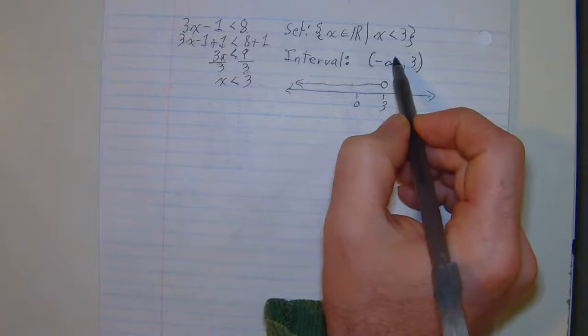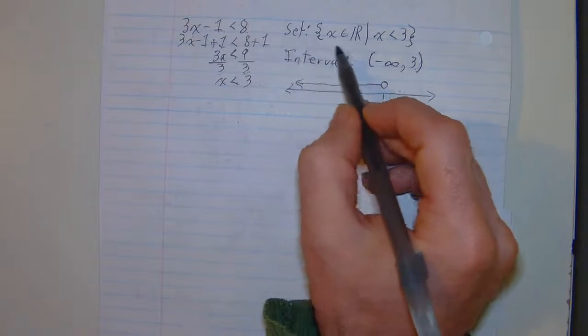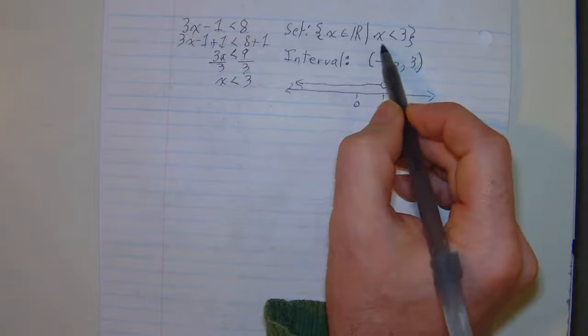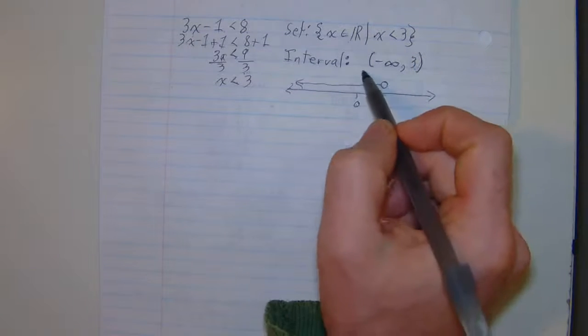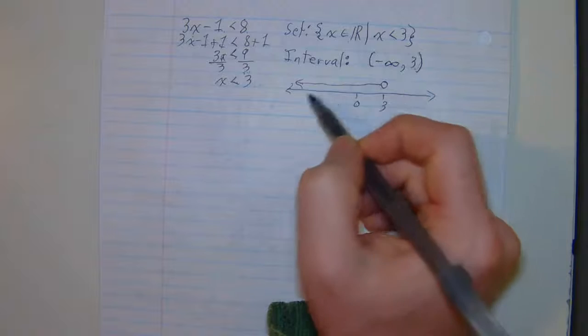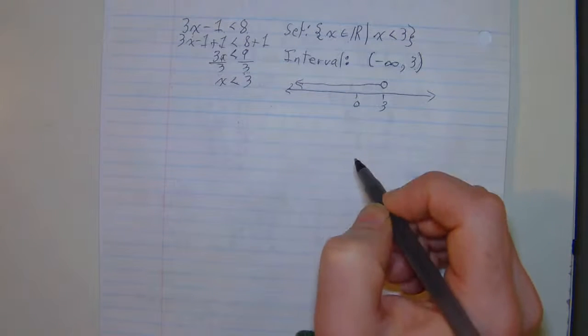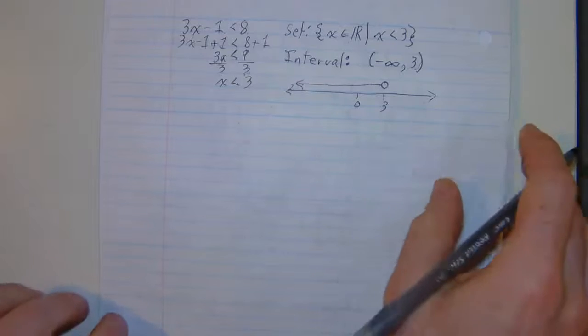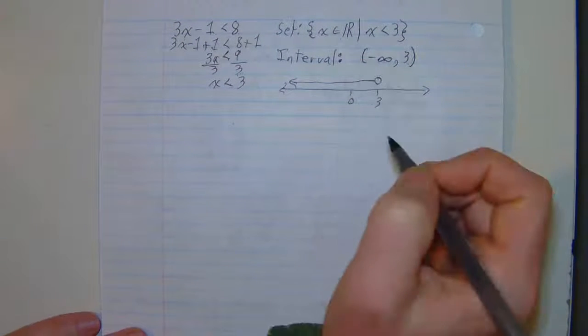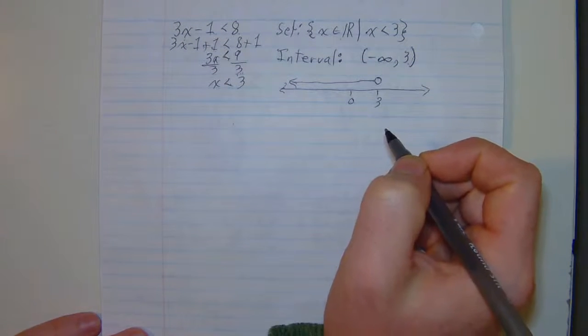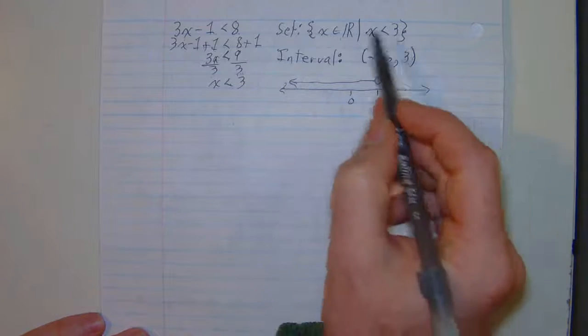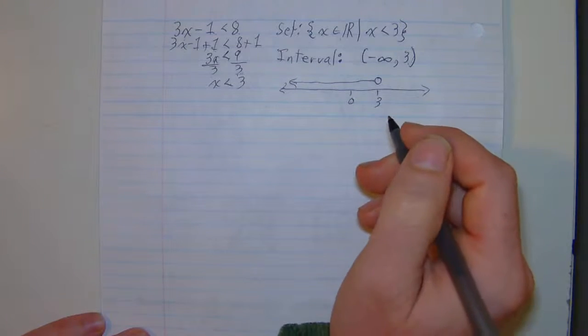And so we have 3 ways to express the solution: as a set, the set of all x less than 3 that are real numbers; as an interval; or on a number line. Empty circle and our number line showing it there. All right. So hopefully that's making sense, these ways to show it. One other